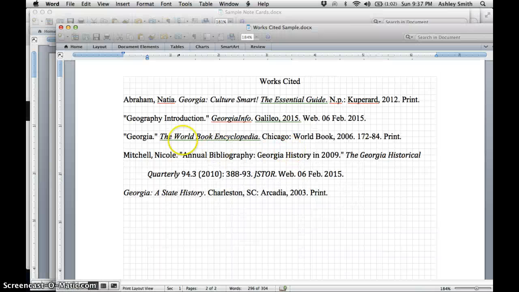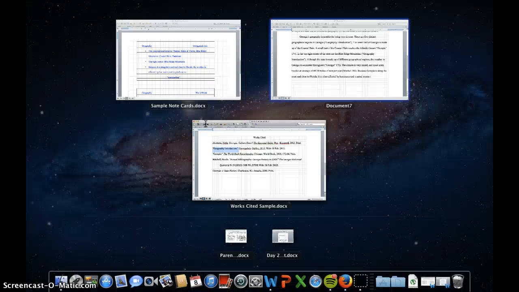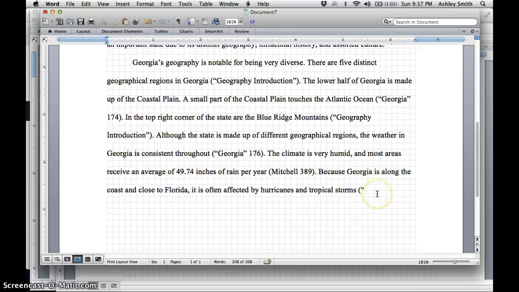So we've used this one a lot, but again, we want to use the first piece of information, which is the title of the article. There are no page numbers because it's an internet source. And as always, the period goes after